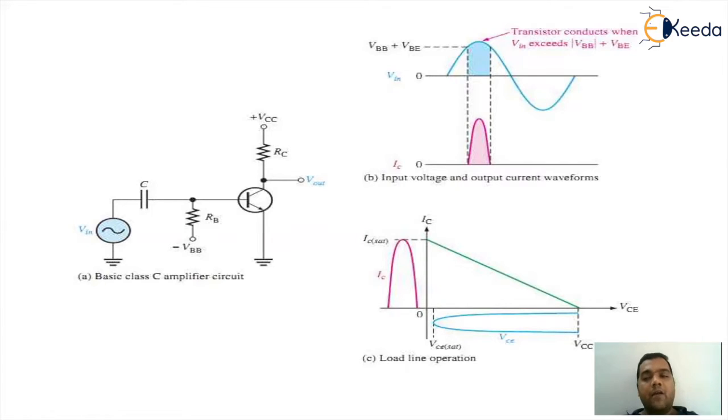And apart from this, it requires an additional 0.7 volts to make the base emitter forward biased. That's the reason the extra voltage required is VBE. Hence the reference voltage corresponds to VBB plus VBE, where VBB is basically the magnitude of the value. Once the input crosses that reference point, the transistor will automatically turn on and you will get amplification. For the negative half cycle, the transistor will remain in the off state. So what's the observation? Only for a part of the input cycle, that too a part of a half cycle, you will get conduction. And that's the reason the angle of conduction for Class C circuitry will be less than 180 degrees.